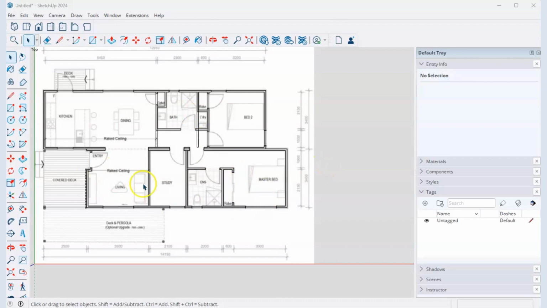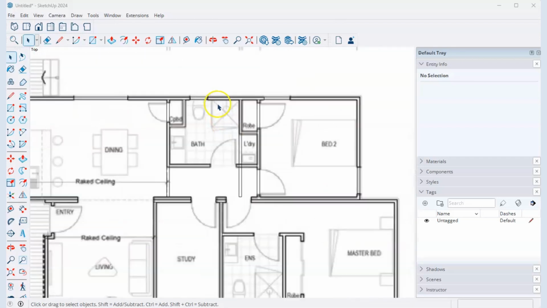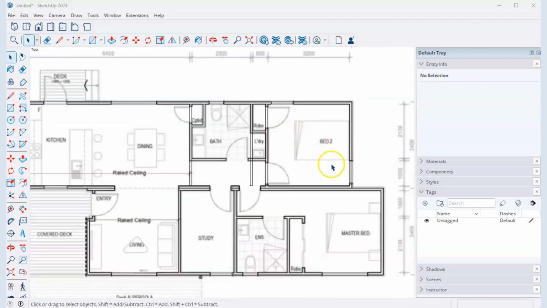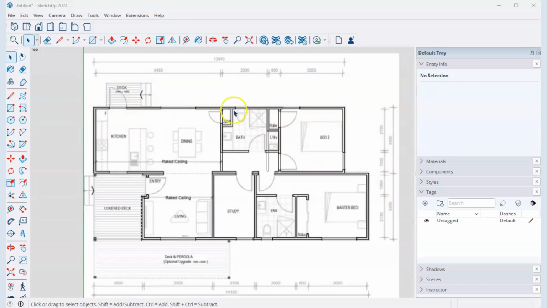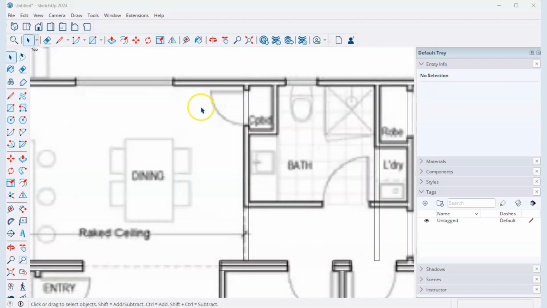Okay, so now I've got this side sorted. I'm just going to go through and draw my horizontal lines in to create the internal walls along here, and then delete the geometry I don't need. So let's have a look. Here's my technique of